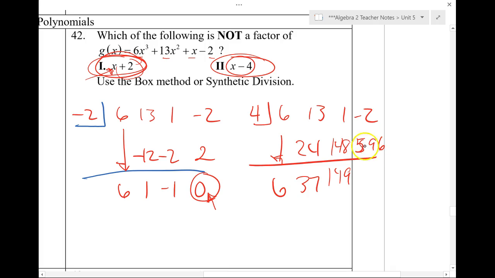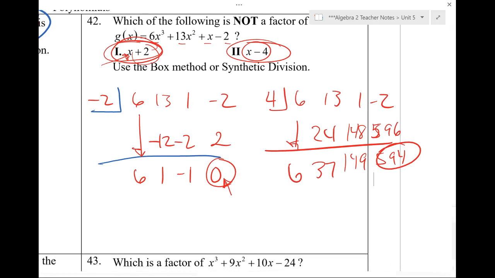596. And then that plus the negative 2 would be 594. So that's obviously not a factor. It's huge, right? It's a big remainder. Okay, so now let's say I asked you